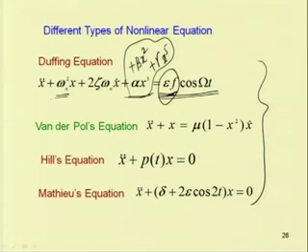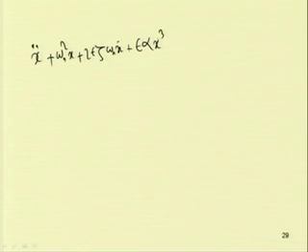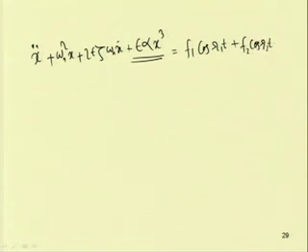Similarly, we can have multi frequency excitation. So, here we have a single frequency excitation. We can write the equation in this form, that is x double dot plus omega n square x plus 2 epsilon zeta omega n x dot plus epsilon alpha x cube. Here we have taken one order less in the cubic nonlinearity. So, it may be written equal to f 1 cos omega 1 t plus f 2 cos omega 2 t plus, so we can put 2 or 3 terms, f 3 cos omega 3 t.